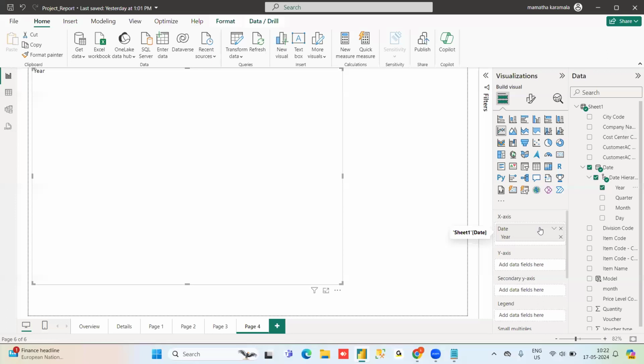How we can decide is also as per requirement. Whenever we get the requirement from the client, what item they want to see on the x-axis and what item on the y-axis, some clients will specify it. If they have not specified, we'll follow the general rules.